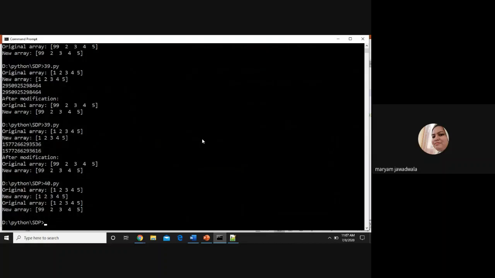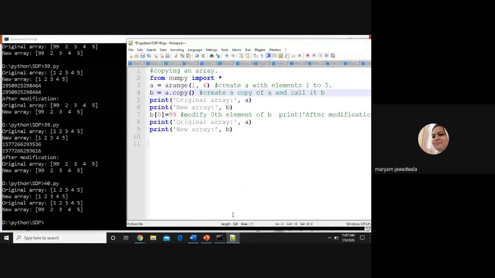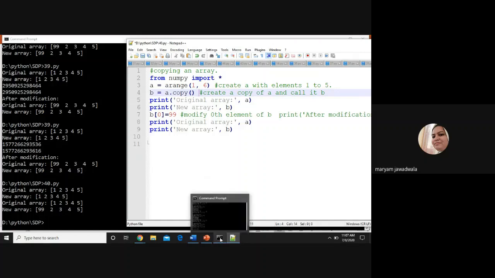Okay, so I have already shared all the programs with you. So you can try all these programs along with this video lecture. You pause the video lecture for the moment, then run your program and try to modify the lines of code and check the output according to your own logic. Then only you can understand something. Okay.